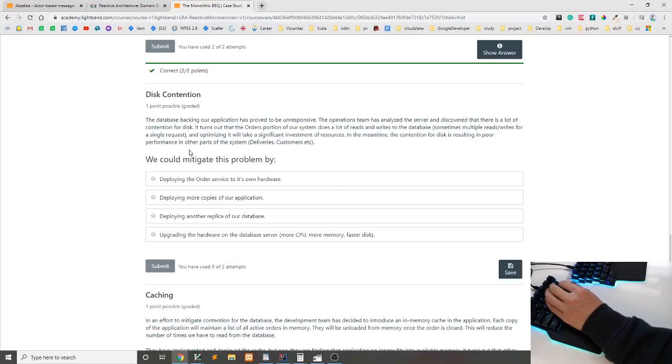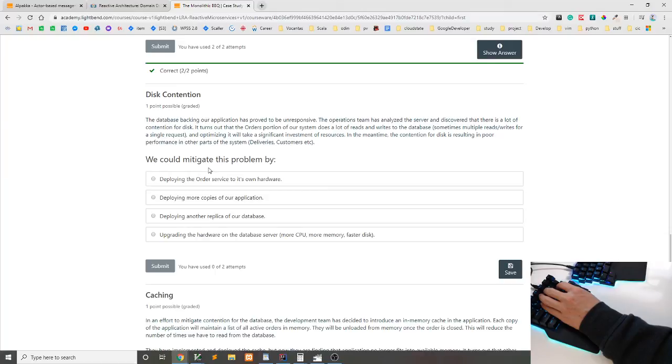It turns out that the orders portion of our system does a lot of reads and writes to the database, sometimes multiple reads and writes for a single request, and optimizing it will take a significant investment of resources. Other parts of the system,